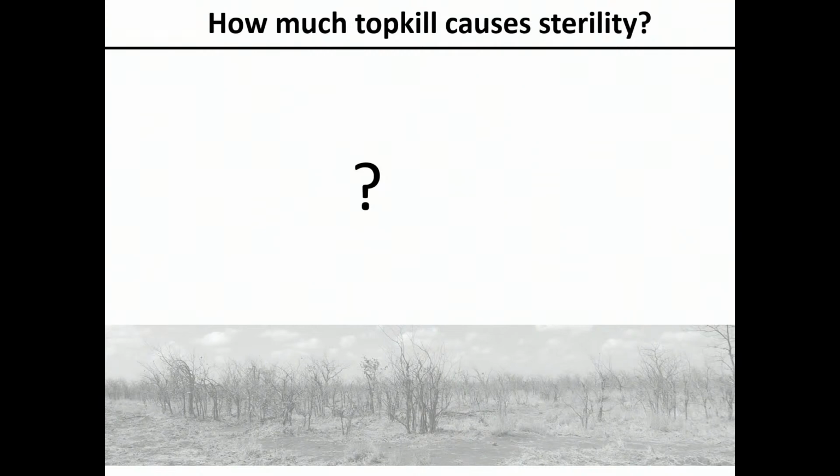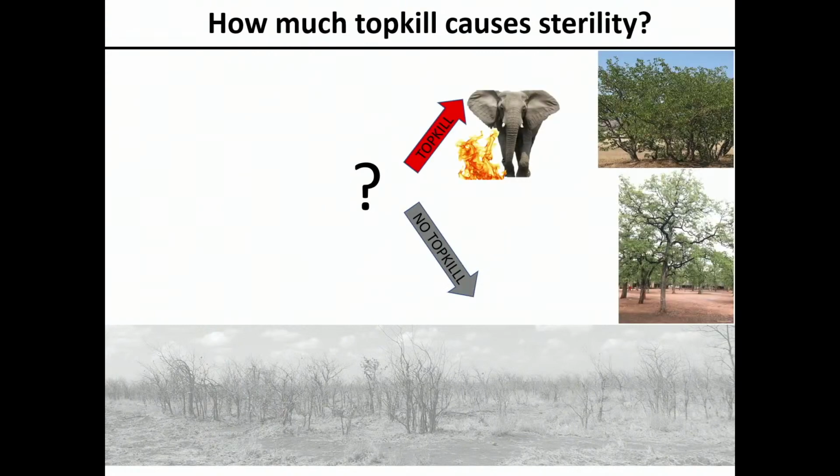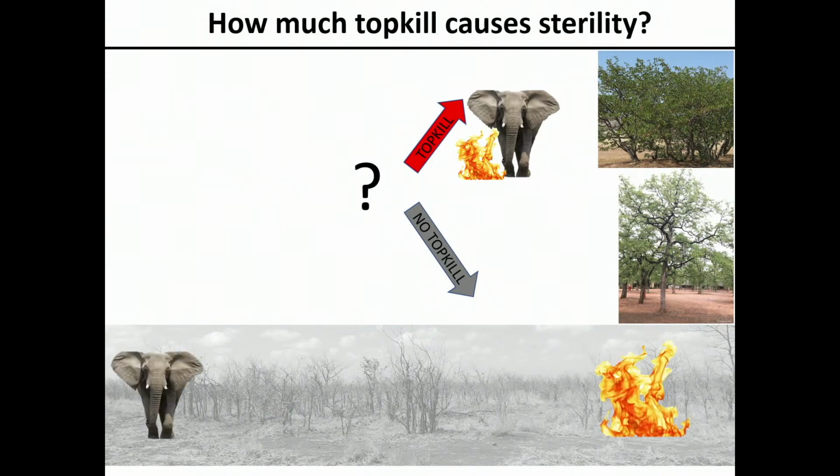So the question that I want to answer is, how much disturbance do you need to transition between the reproductive lifestyle and the non-reproductive lifestyle? What's the threshold of disturbance that determines this transition? And because we were sitting in the Kruger Park, the two disturbance agents that are the obvious suspects are the presence of herbivores, particularly elephants, and the action of fire. For the purposes of this talk, I'm going to talk a little bit about fire.